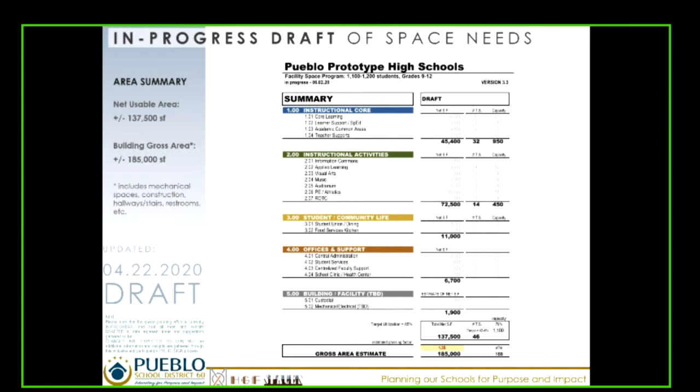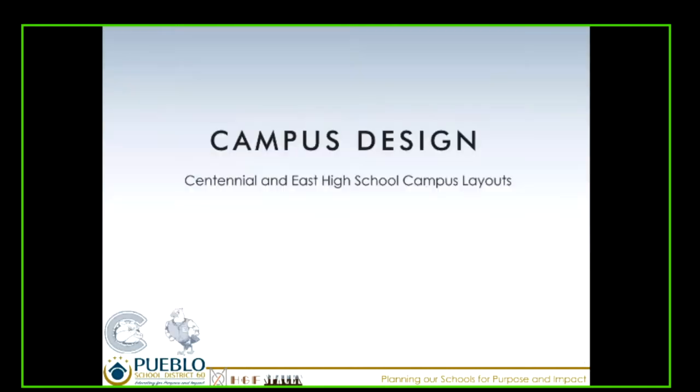I think what I'll do is move on to the design part, where you can see how these square footages get laid out in the in-progress campus designs. Thanks, Amy. On to the fun stuff.